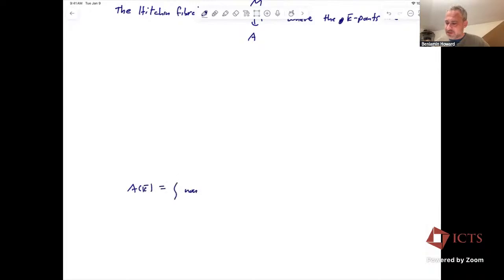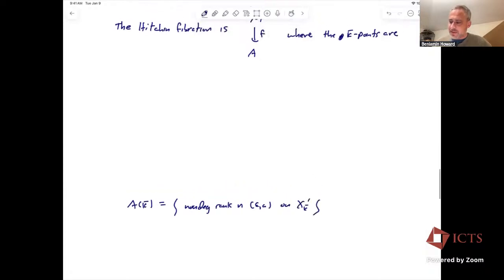So that's just the non-degenerate rank n E on X prime base changed to k-bar. And a point of M is, okay, so one of those things,